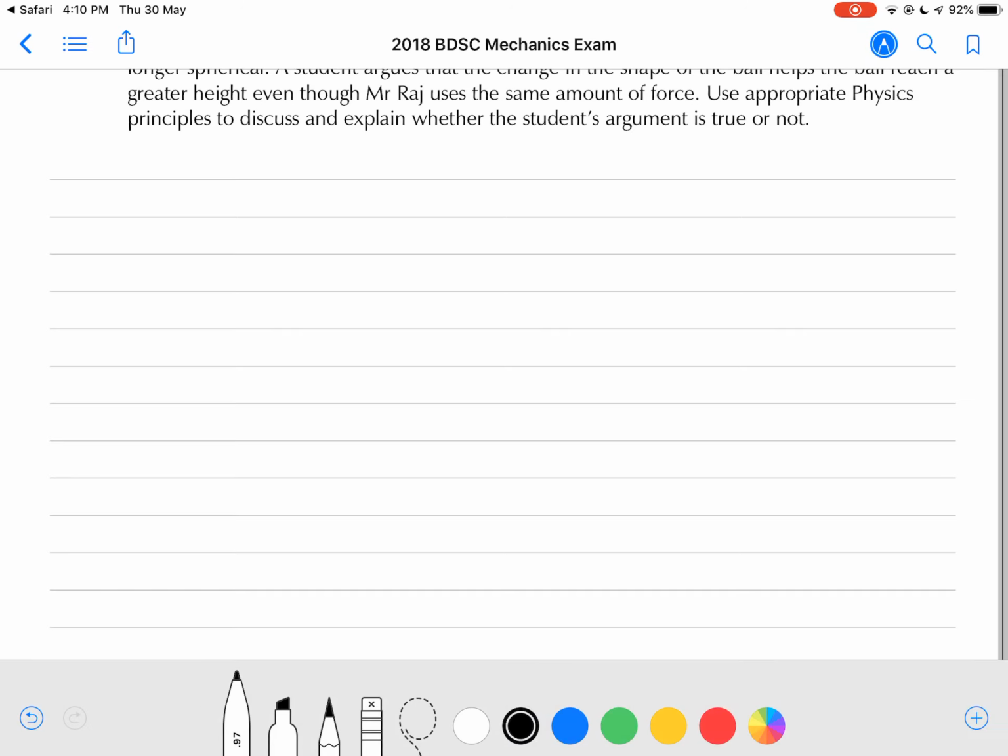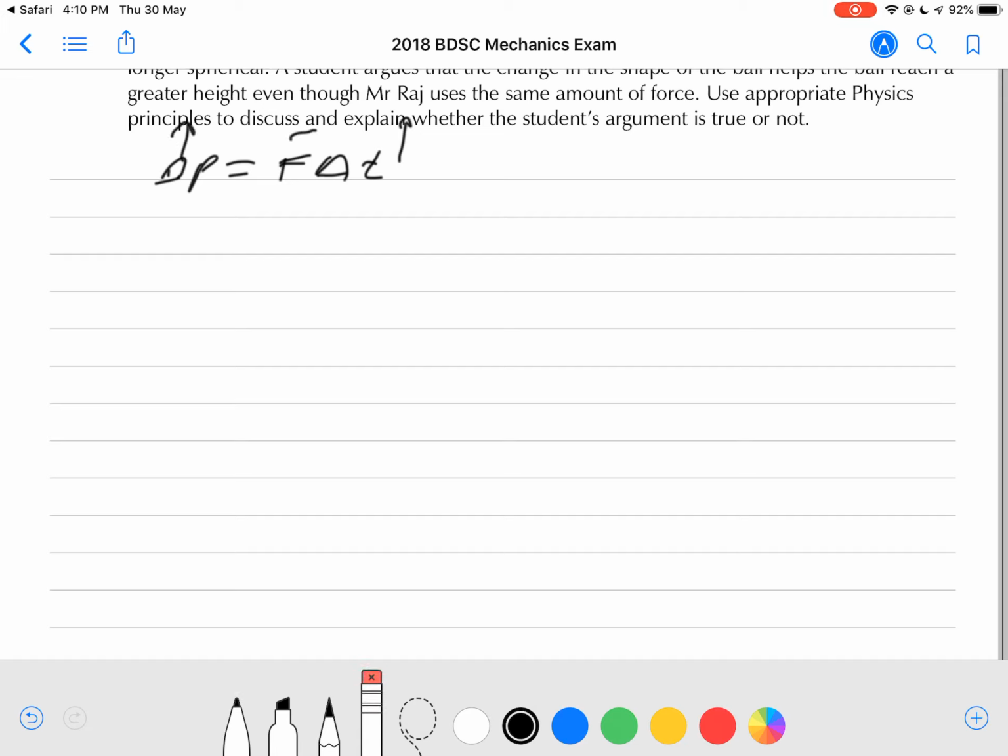Basically in this question, because the ball changes its shape, that implies there's a greater contact time between the boot and the ball. So the contact time, T, is greater. And because T is greater and the force remains the same, change in P equals F change in time. Because the change in time has gone up and force has stayed the same, therefore change in momentum has also